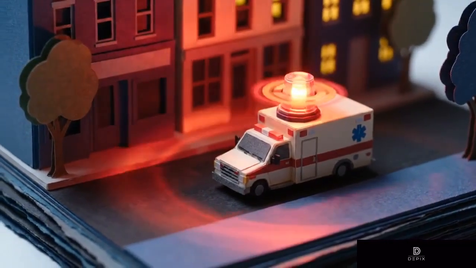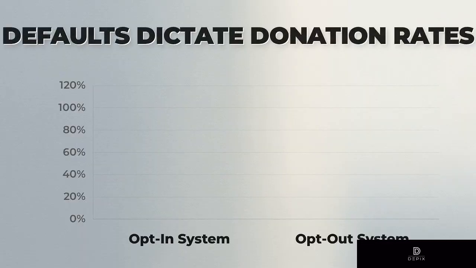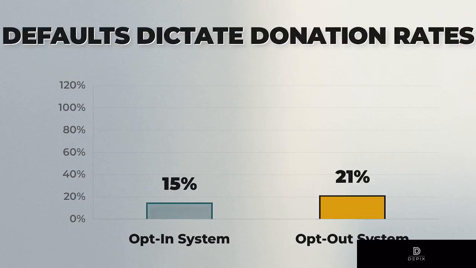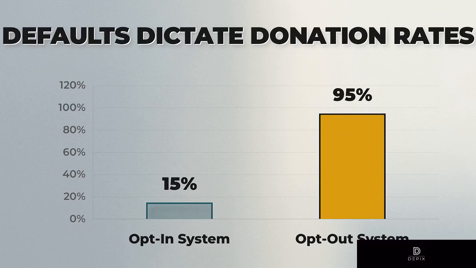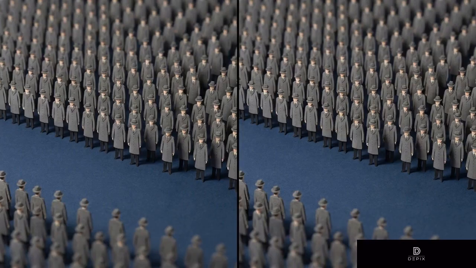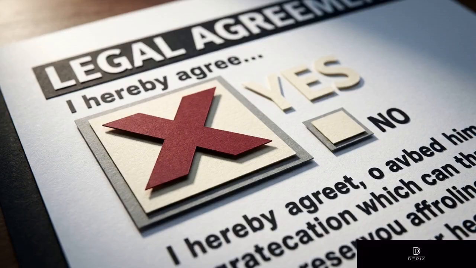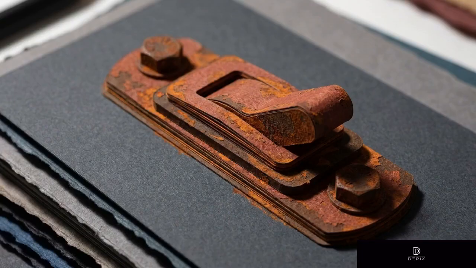national organ donation. Look at national organ donation rates. In countries that ask citizens to explicitly opt in, consent sits stubbornly in the low tens of percent. But when governments automatically default citizens to opt out, consent rates soar above 90%. These wildly different outcomes occur among identical populations with identical values. A default setting serves as a thumb on the scale that dictates human behavior, far removed from any concept of